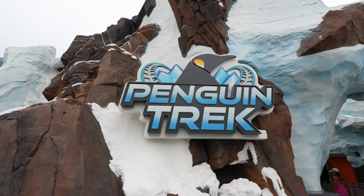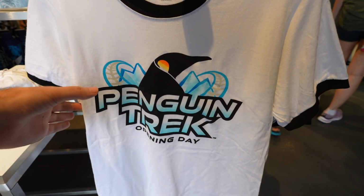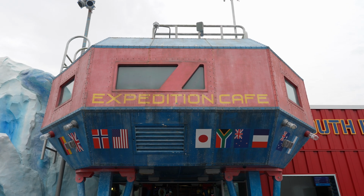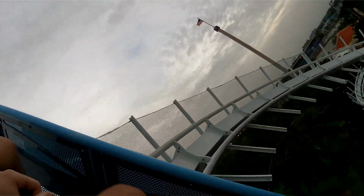Today we are coming here to try out the brand new Penguin Trek roller coaster. Very exciting stuff here. This ride has officially opened. It is a family coaster. It is a launch coaster. It is right behind Manta, so it is pretty close to the front of the park, which is kind of